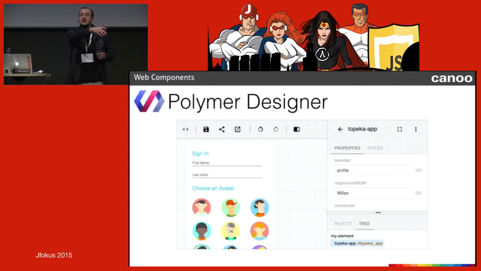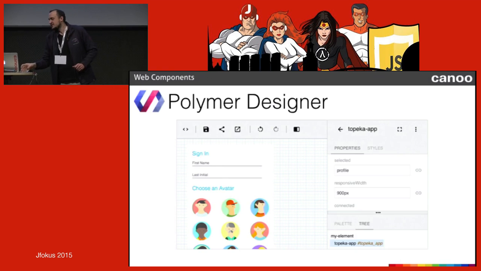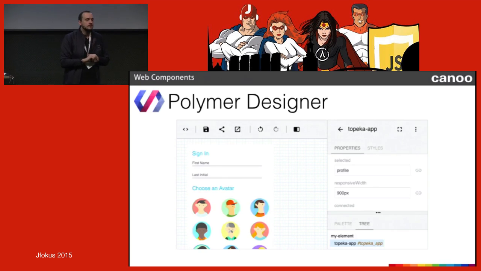Yes? You mentioned earlier that you wouldn't use Bootstrap any longer. You would preferably use Polymer, right? Yeah, it depends. What's the reason behind that? I saw you have a slide where there's Bootstrap. Yeah, what I want to do is I want to have a web component based UI toolkit in